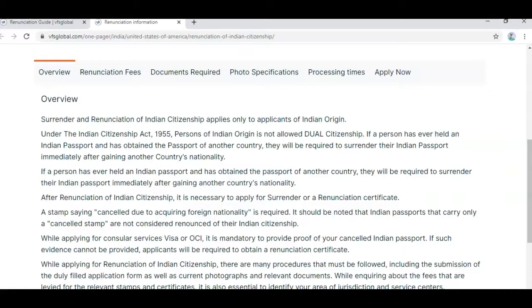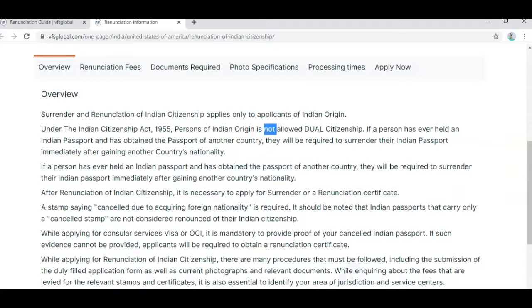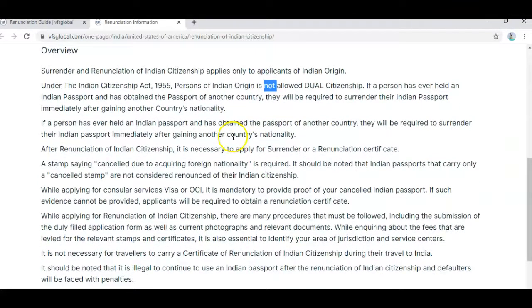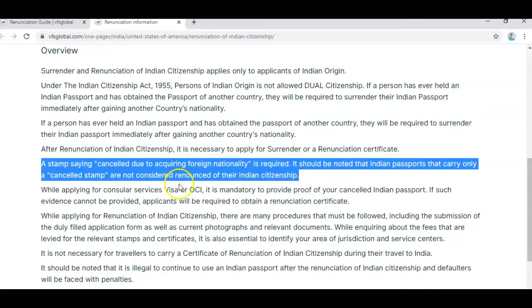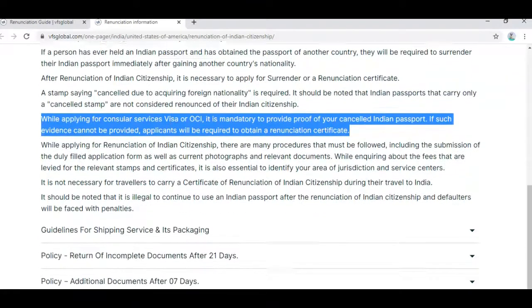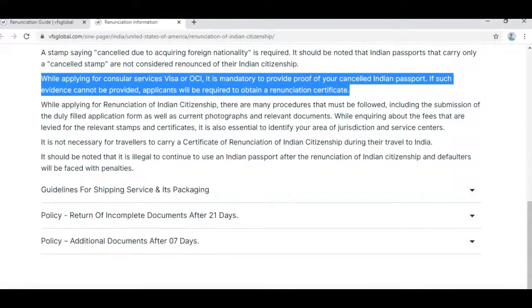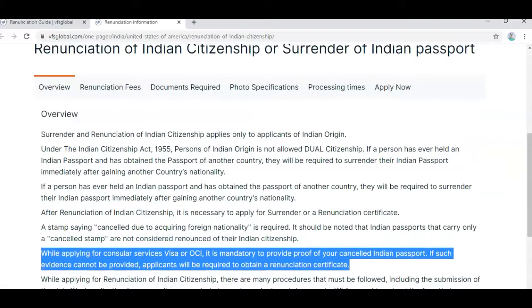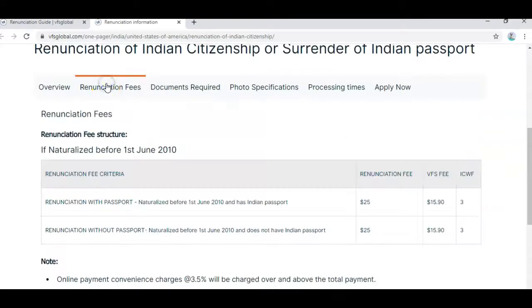Persons of Indian origin are not allowed dual citizenship. So if a person ever held an Indian passport and has obtained a passport of another country, they are required to surrender their Indian passport. To apply for consular services like visa or OCI, it is mandatory to provide the proof of cancelled Indian passport. That's the renunciation fee.